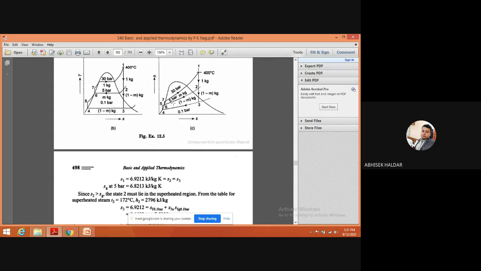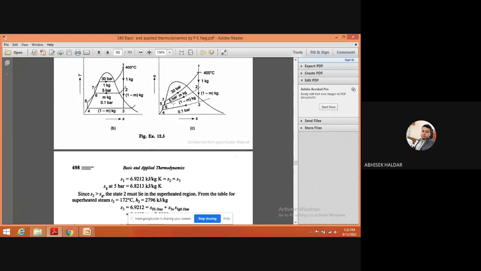If you see, there are two types of steam table. One is saturated, another is superheated. You have to go for the superheated now. How can you find it out? In the superheated steam table, there will be one temperature table and one pressure table. Are you getting my point? If you have not seen the steam table, then you will not understand, right? If you have the book, you can just open it and see. In the superheated steam table, you have two types of table. What are the two types? One depends on the pressure.